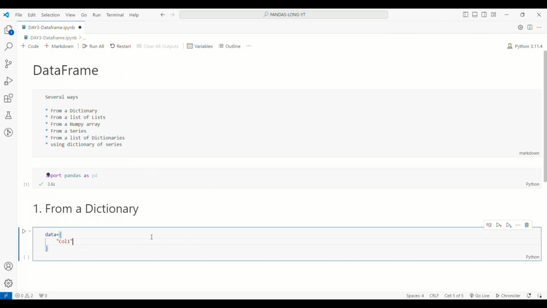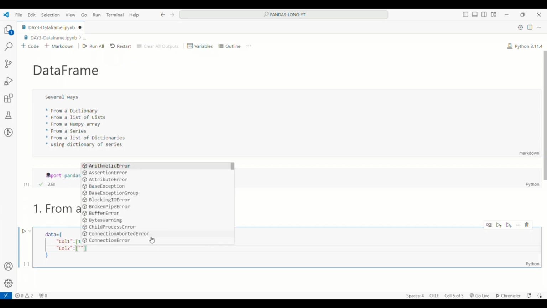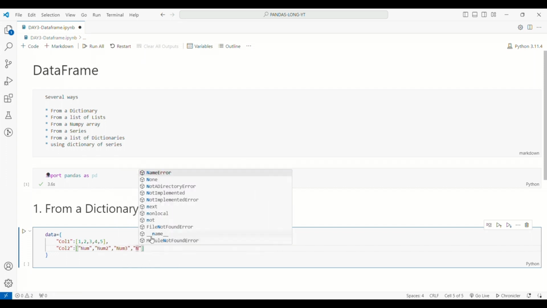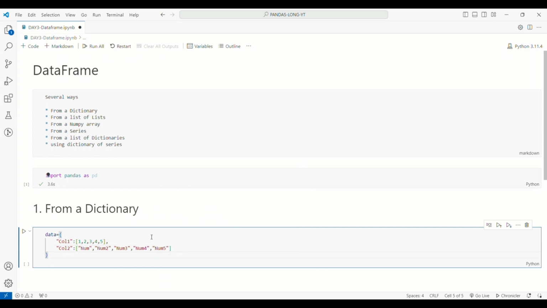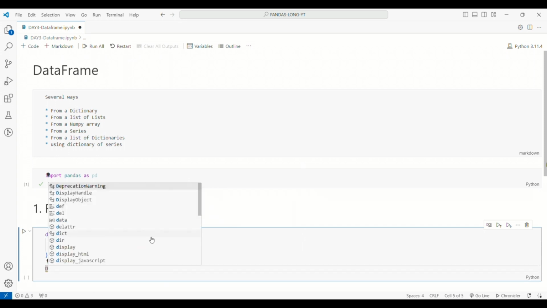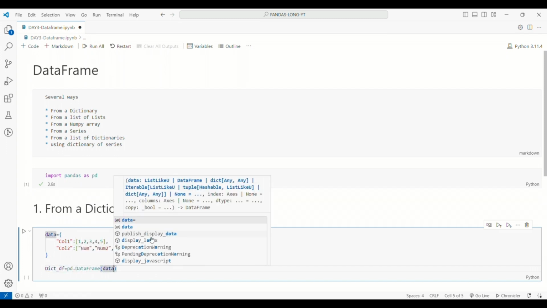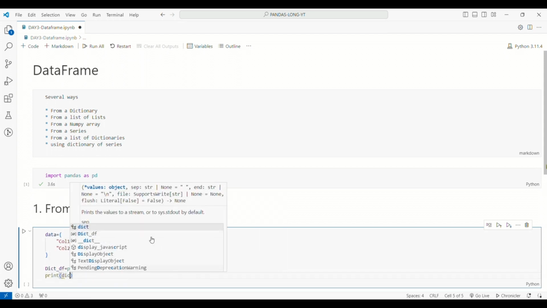So let's create a data. I'm creating column 1 where I'm storing 1, 2, 3, 4, 5 values. In column 2, I am going to store some string values like num2 and something similar to that. I am adding 5 values because I'm looking forward to create 5 rows. 2 columns are there, column 1 and column 2, and I have 5 rows. So for creating data frame, we have to use pd.DataFrame, and then in the brackets, we have to write down the data that we have. Now I'm going to print to check whether this is created. So yes, we have 2 columns and 5 rows in the output.